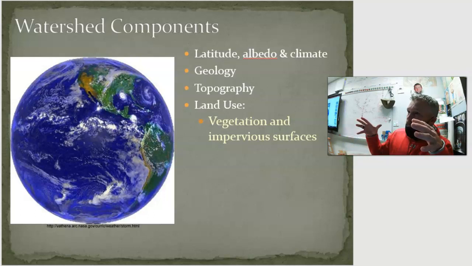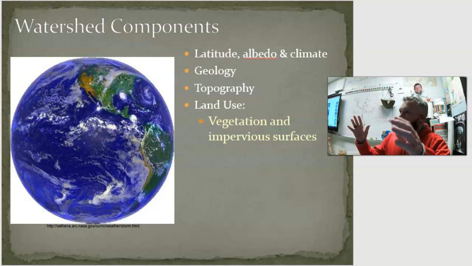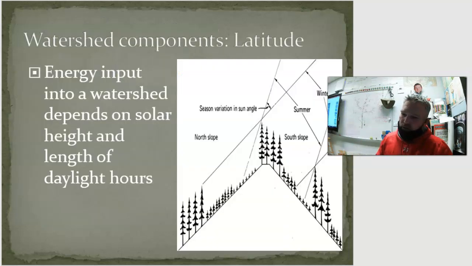So then, the components that we didn't talk about with watershed stuff: we talked about topography, stream order, what that says about streams, but there are a few other things that we want to add in. One, we want to get the human element in there, and two, there are a couple of things that just don't fit well with other things, so we threw them in at the end. So the first thing is latitude.